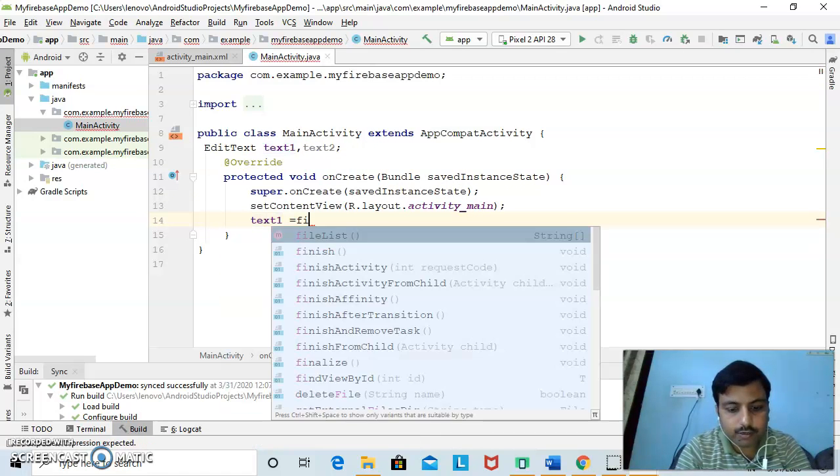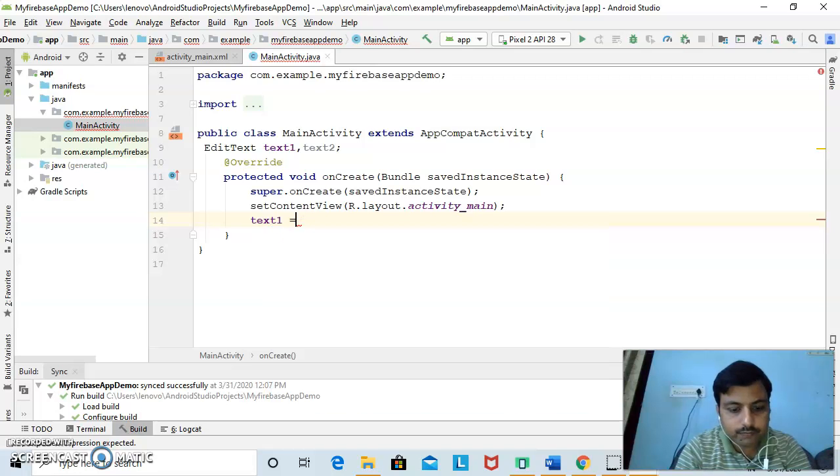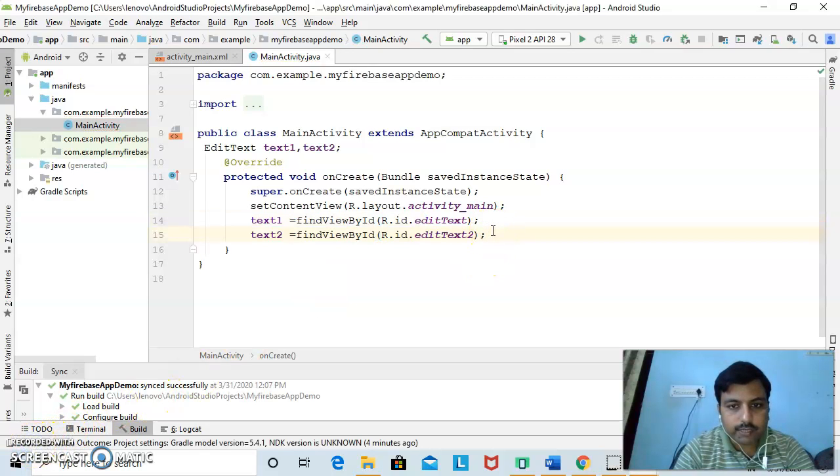Here we are creating the object with findViewById, R.id. We have created the object of the edit text field.